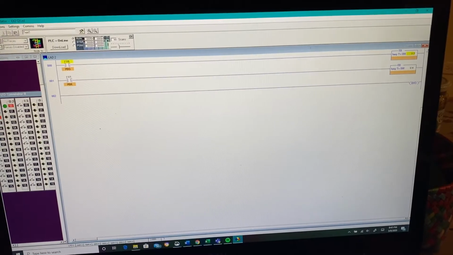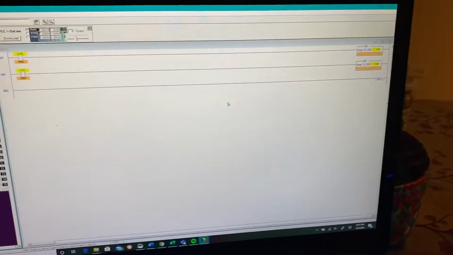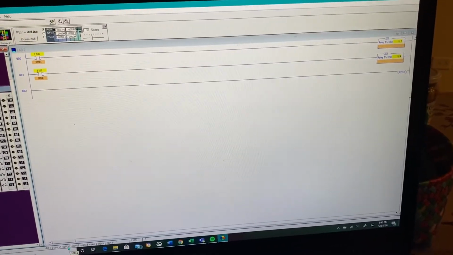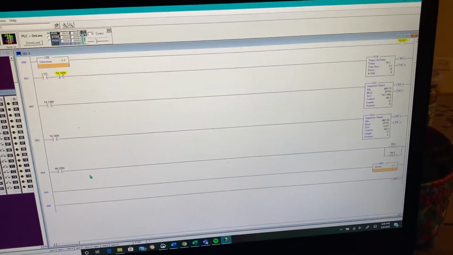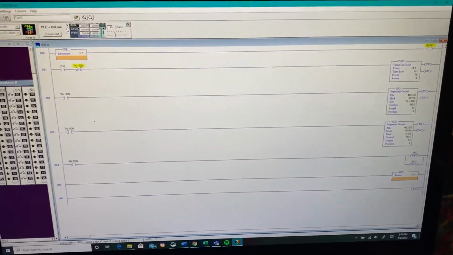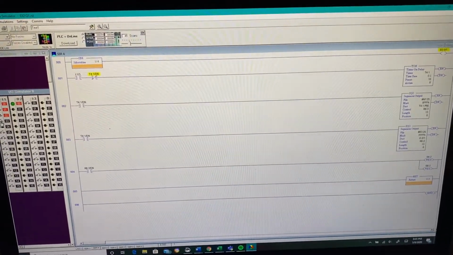If we go back to our main program, and if we close this switch over here, it's going to activate the U4. So if we go to our second subroutine, the third,